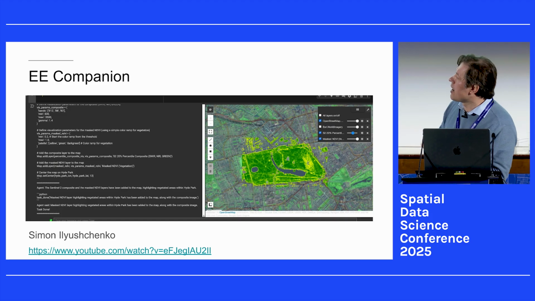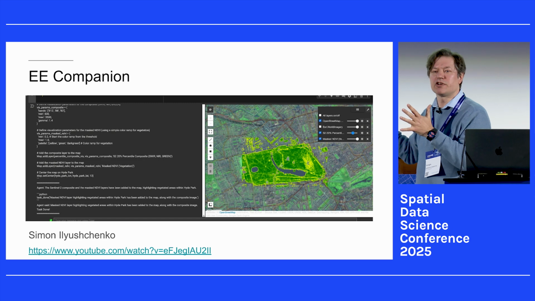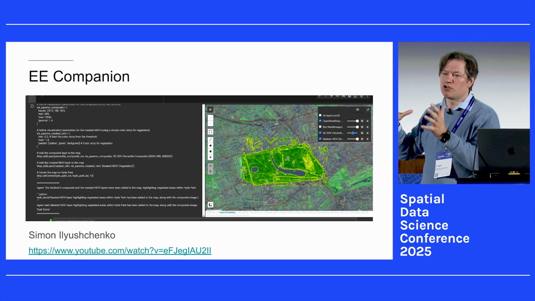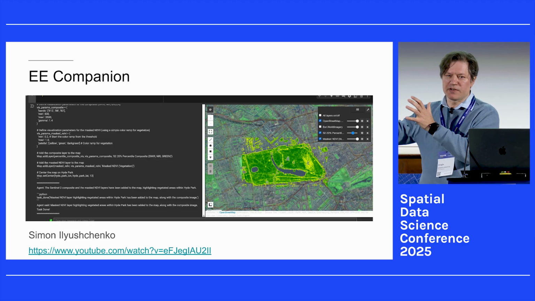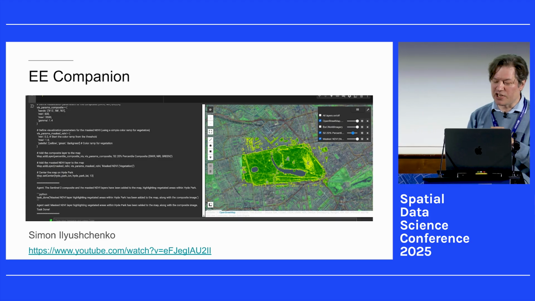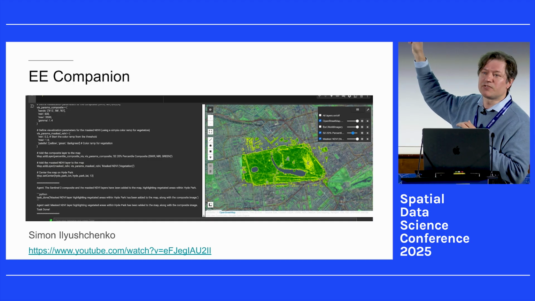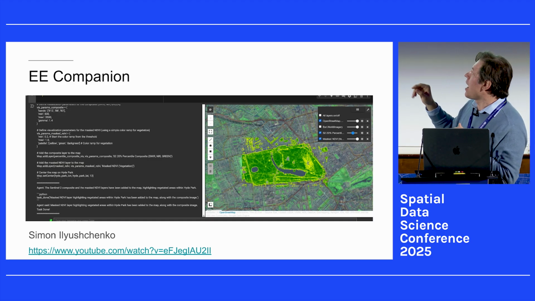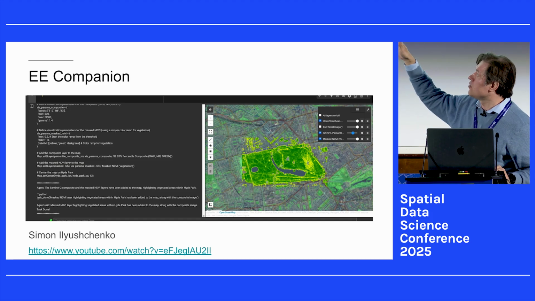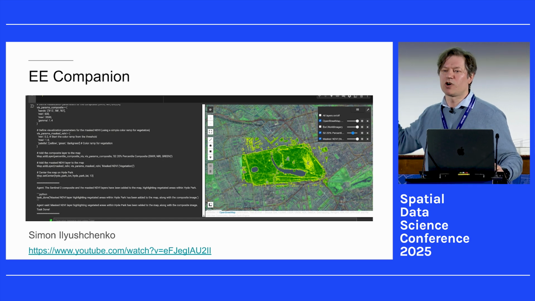And one thing which you can already try was developed by my colleague Simon Ilushenko, and it's more in the context of Google Earth Engine. I know that Google Earth Engine is quite a complex system, more from the point of view of the API, to actually start using it. The way it works, server side, and having to write code in the Earth Engine API can be challenging. That's why I really recommend to test this, give it a try, this tool called EE Companion. It's based on an LLM model for adding reasoning capabilities to work with Earth Engine.